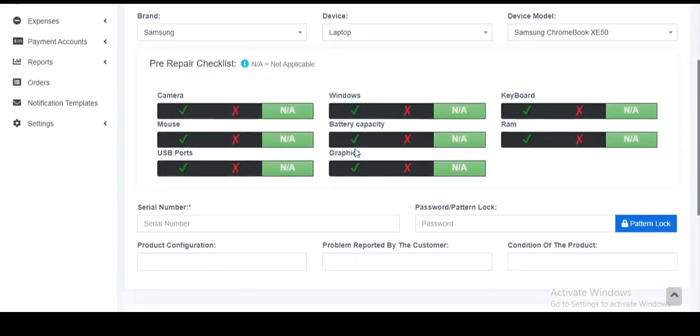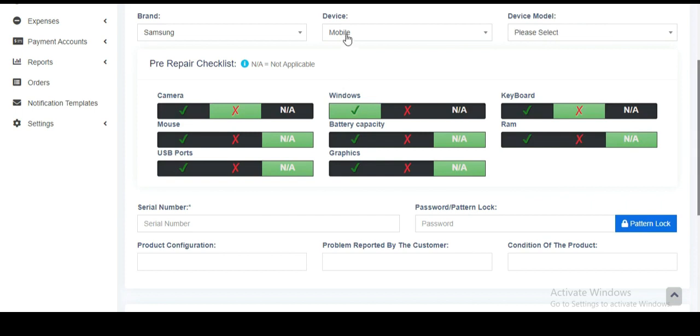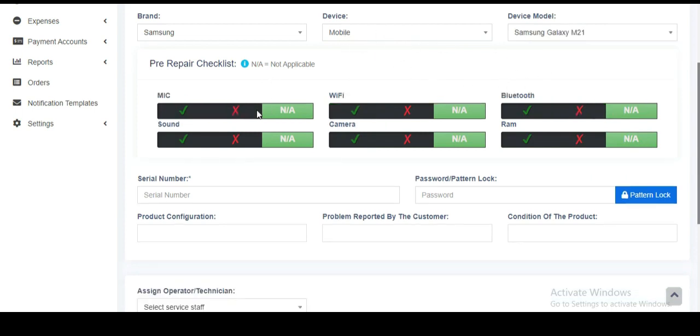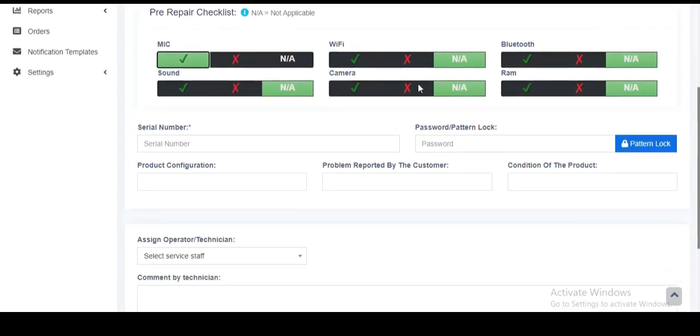After selecting the device model, it will show me some checklist over here. You can watch the previous videos to know how we can add different checklists to different models or to different devices. Suppose we have a mobile, then the checklist will be different over here. If we have a laptop, the checklist will be different over here. So you can manage different checklists based on the different devices and the device models. After I have selected all the checklists,